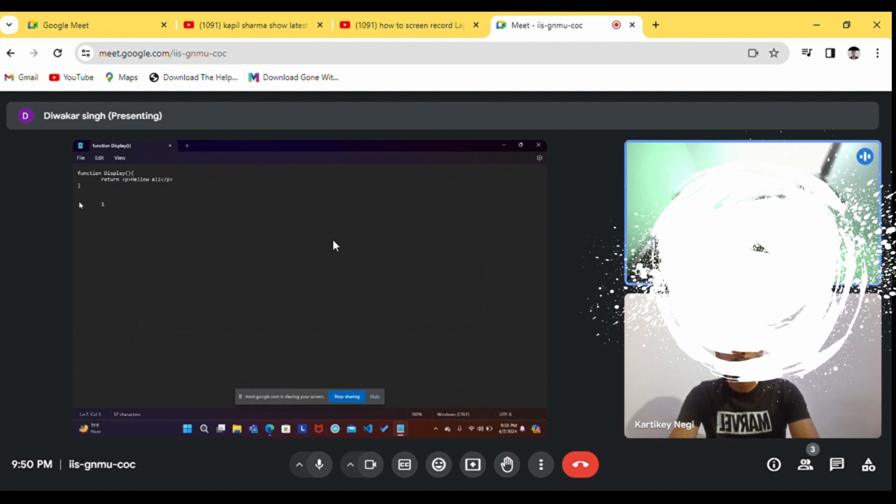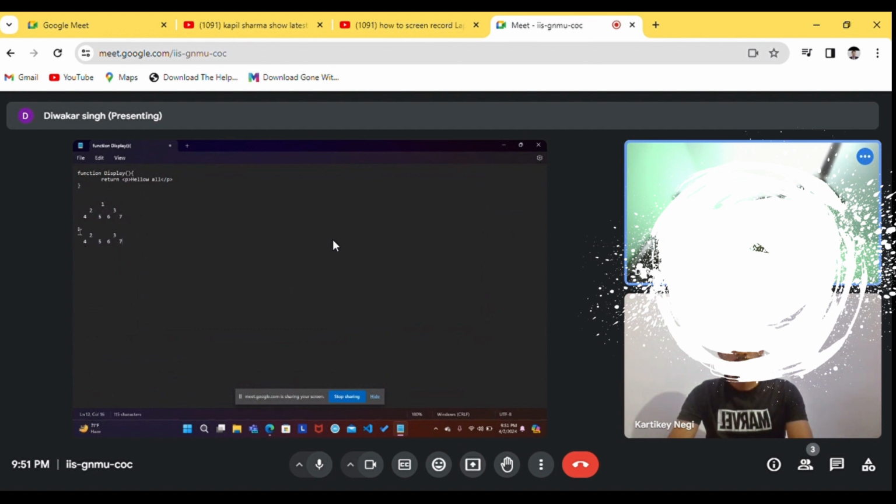I can write 1, 2, this is the third node, the fourth node, the fifth node, the sixth node. So here I've created a simple DOM tree with 7 nodes. I can copy it and create another as well.